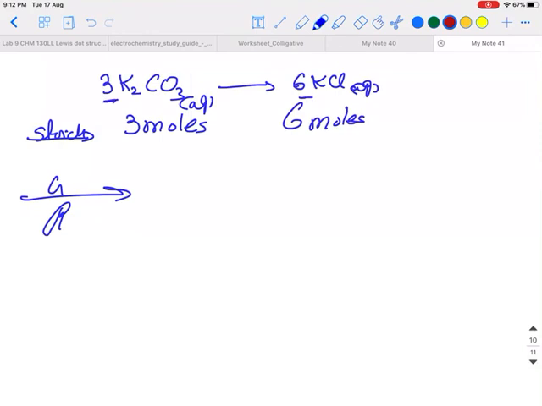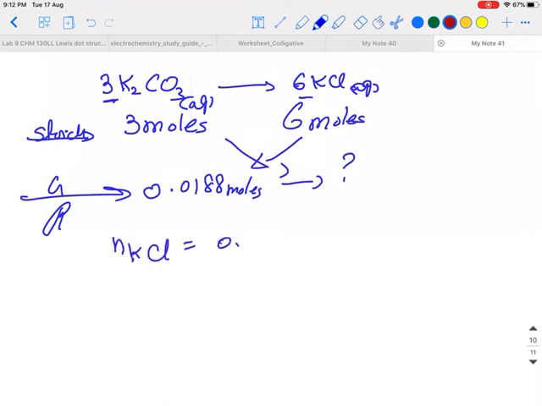Every 3 moles from the ratio corresponds to 6 moles, which is stoichiometry. So every 0.0188 moles should correspond to how many moles of KCl? Upon cross multiplying, I will find that the number of moles of KCl corresponds to